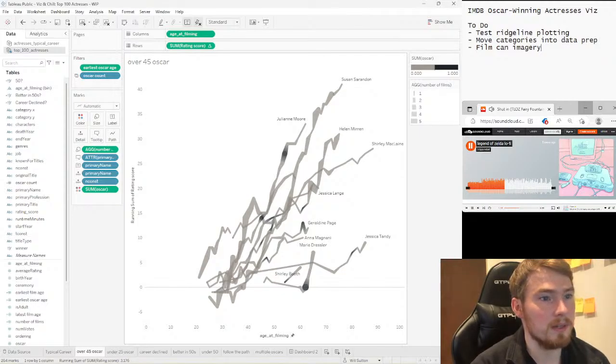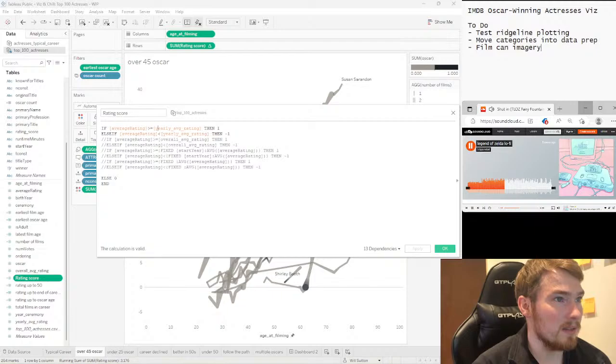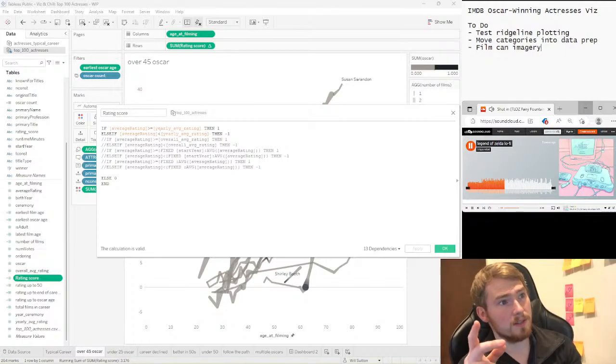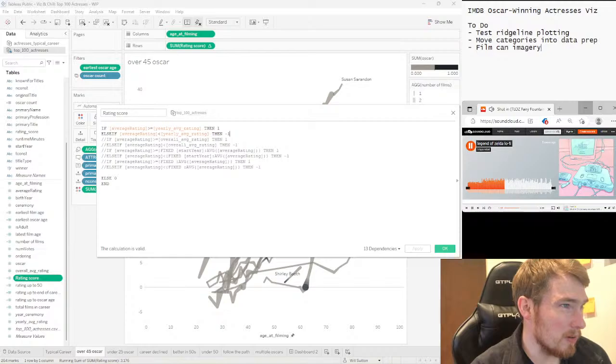If I go here and then rating score. Is this the running total? So this rates you. I remember I was playing about with this idea a few times: if you were better than the average film, then 1 or -1. I remember I had done it where you had the difference as well, which I can't remember why we changed.